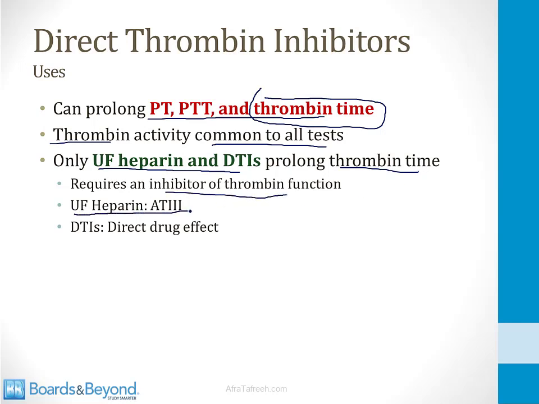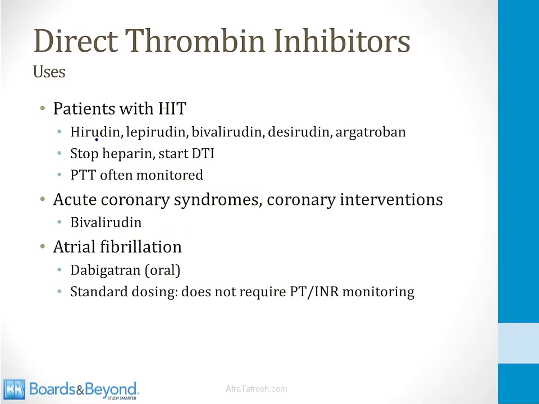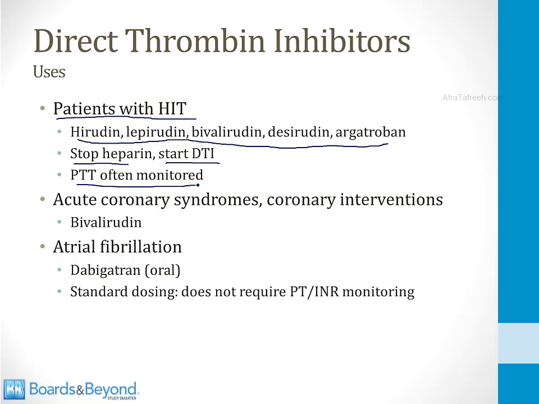Unfractionated heparin does this indirectly through antithrombin 3, and the direct thrombin inhibitors do this as a direct drug effect. One of the places you'll see the direct thrombin inhibitors is in patients who have heparin-induced thrombocytopenia. I mentioned this before, but all of these direct thrombin inhibitors can be used in patients with HIT. Like I told you before, when a patient develops HIT, you need to stop the heparin and start one of these drugs, and the PTT is often monitored while these drugs are being administered,